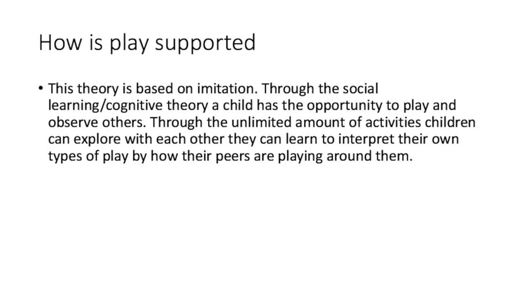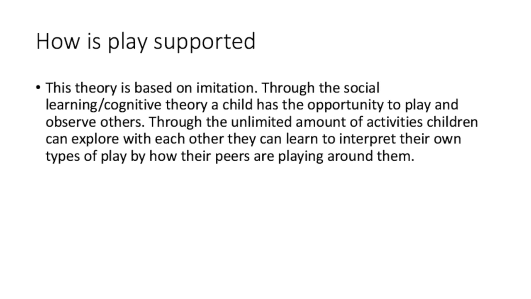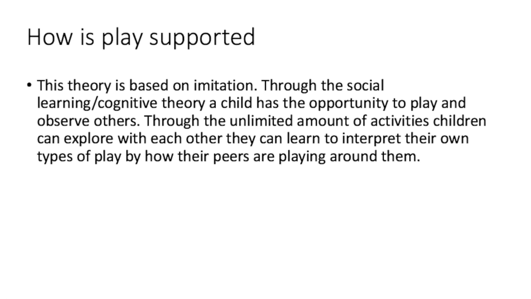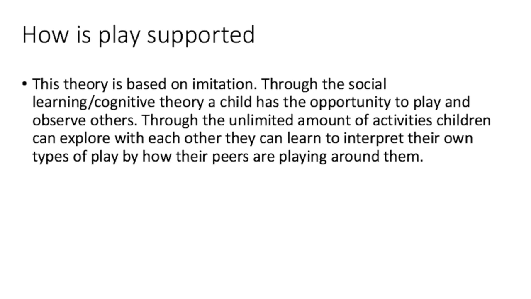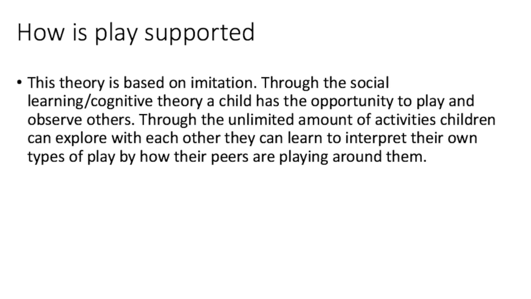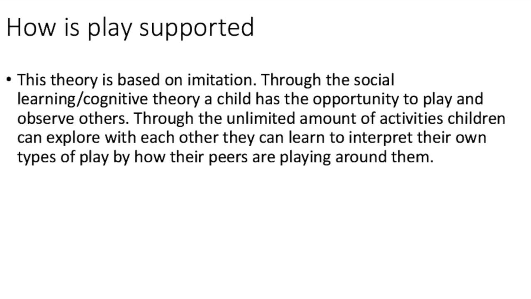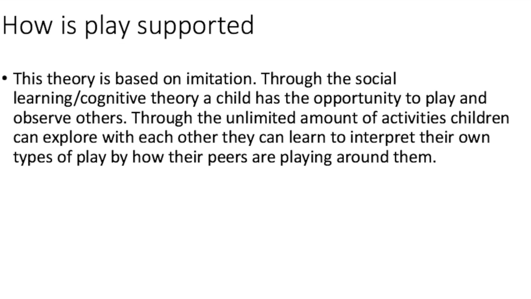This theory is supported through play by the use of imitation. Children decide who they want to imitate. This is called rational imitation. While in a class or at home and focusing on play, a child will learn new ways to play by what other children do. They will learn what they like and do not like, but it will all be done